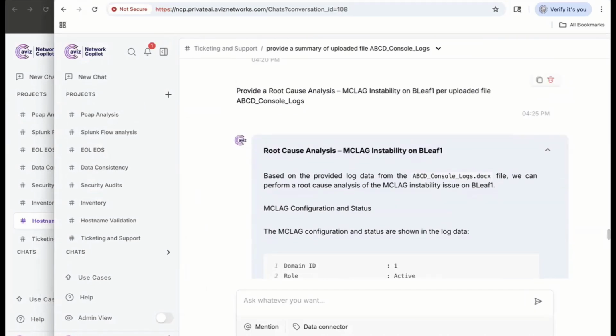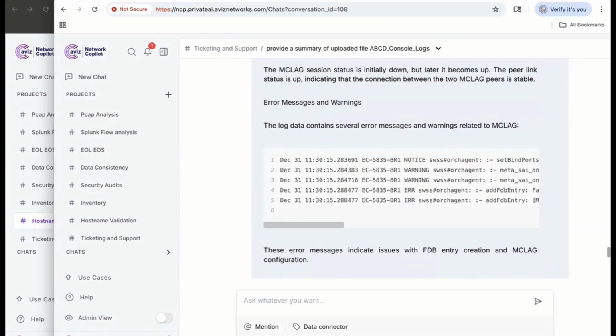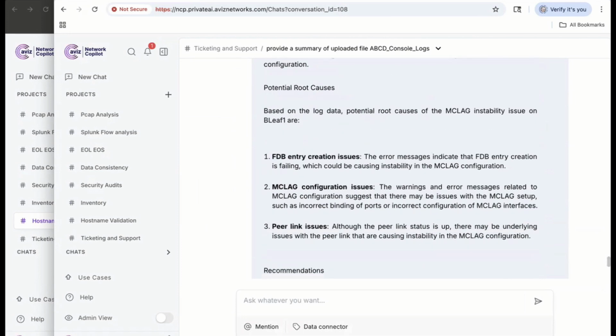Hey, can you actually give me, based on it, this is where pre-trained LLMs are actually pretty powerful. If you have tried this out, based on what they know, based on public trained information around issues that pop up, they will actually give you pretty good guidance on what the potential is. It will go through this, find all the error messages with the detail, and say, hey, here are some of the things that I see. And then it will go through and say, here are potential root causes. And now you can use that and say, hey,